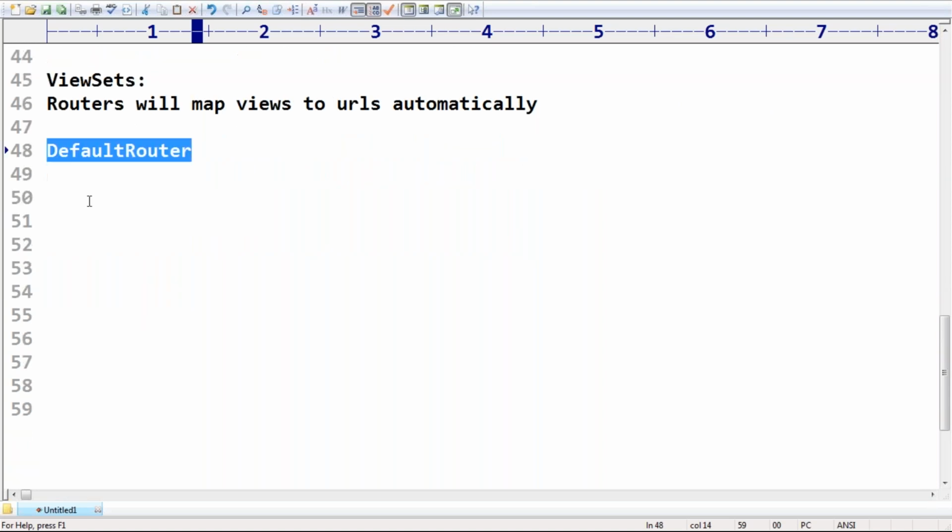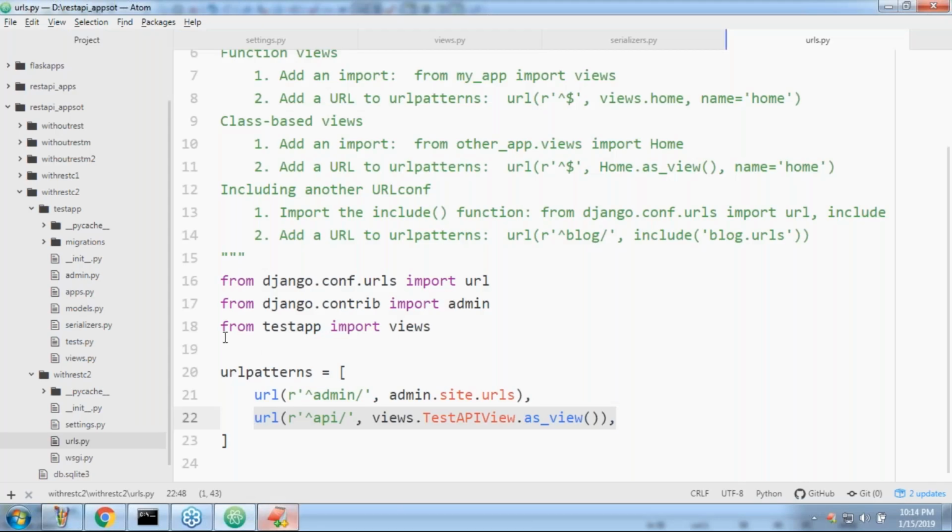Sir, now have a look once. What am I trying to do? Let me open urls.py. Okay, sir, very simple. This line is no longer required because I'm not using any APIView. I'm using a viewset. This line I don't want, sir. Here I'm taking